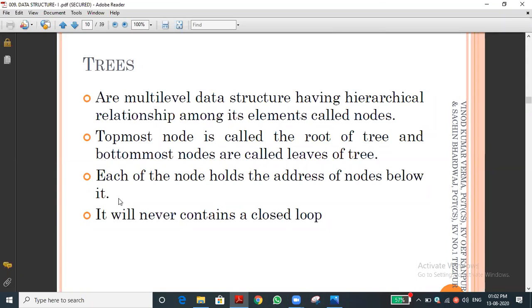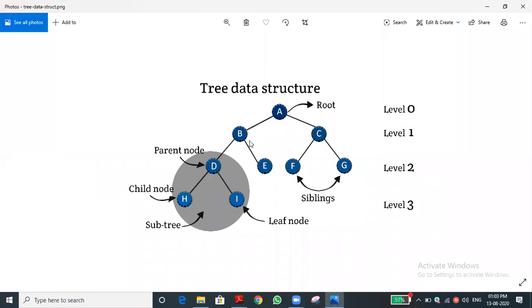And next one, each node holds the address of the other nodes below it. For example, B will hold the address of D as well as the address of E. Could you understand that? Sir, once again, explain the address.